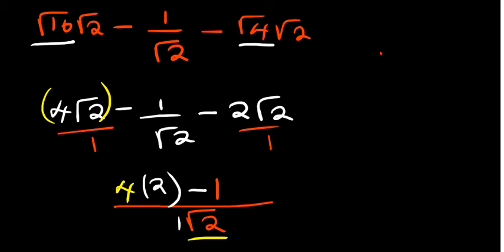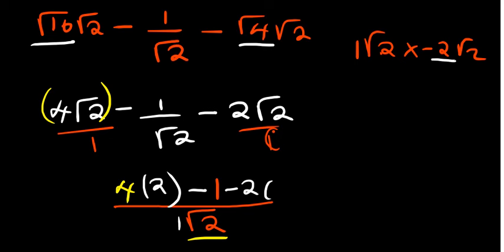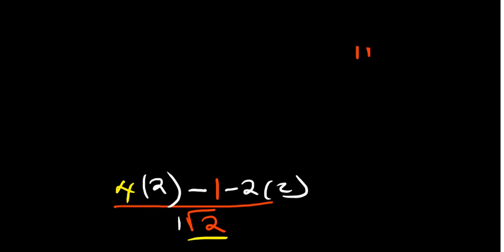So we have a 1 in between. Divide the 1 into the root of 2 is going to be root of 2. So we are going to have a product of 1 into the root of 2 is root of 2. Root of 2 multiplied by negative 2 root of 2. So it's like we have a 1 there. 1 times the minus 2 is going to be a minus 2. Root of 2 by root of 2 is going to be a 2. So we have 4 by 2, which is going to be 8 minus 1 minus 4 over the root of